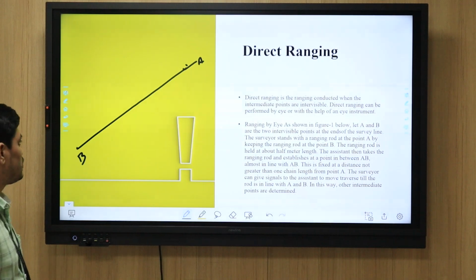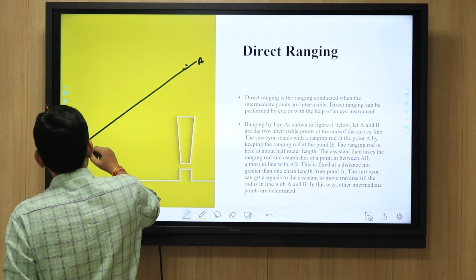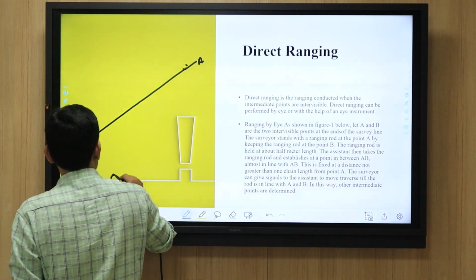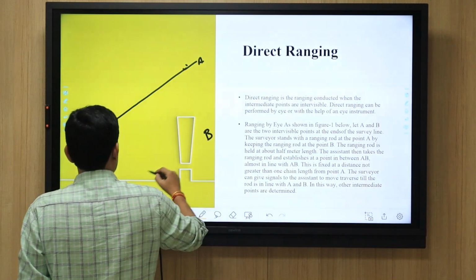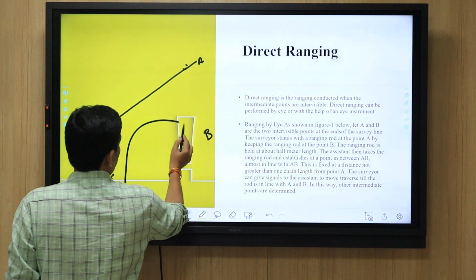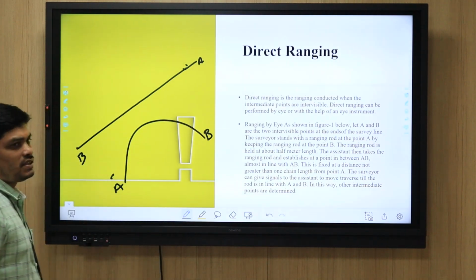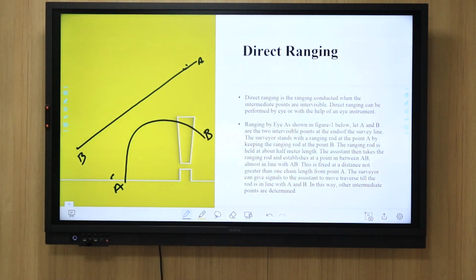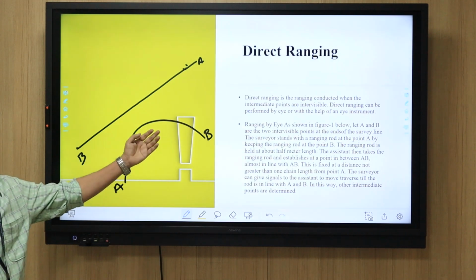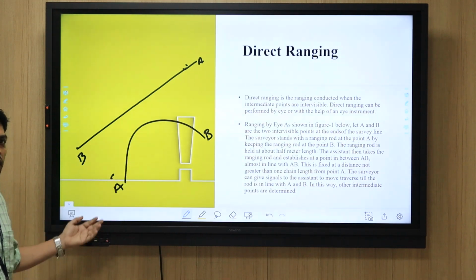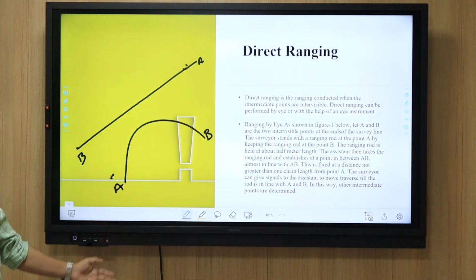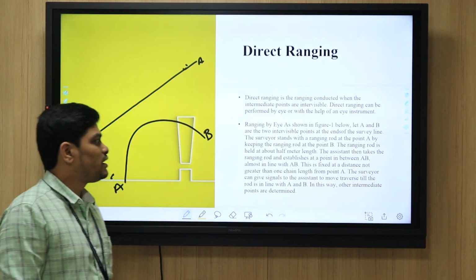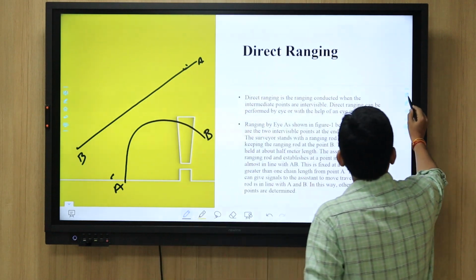Indirect ranging means the same A and B are there, but in between these two, some hill is there. We can't see station B from A, or station A from B. It is difficult. So then we will consider it as indirect ranging. Okay, if you see the figure here,